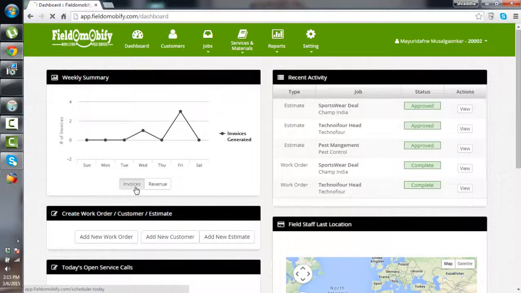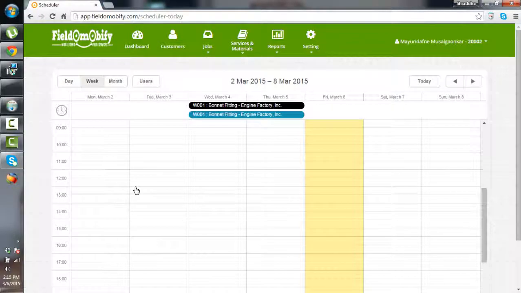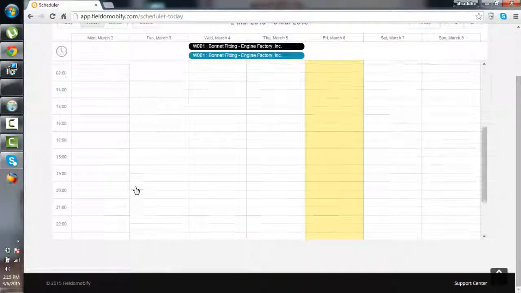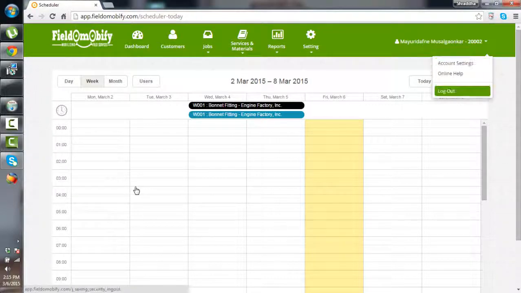We also have the most important part, that is the scheduler, where we can easily track the day, week, and month activities of the particular user against one customer. Suppose we are having the weekly activities, these are the customers. So on Wednesday March 4th and Thursday March 4th, the customers have been created, and the schedule has been generated for those particular customers. In this way, we can easily log out from the account,